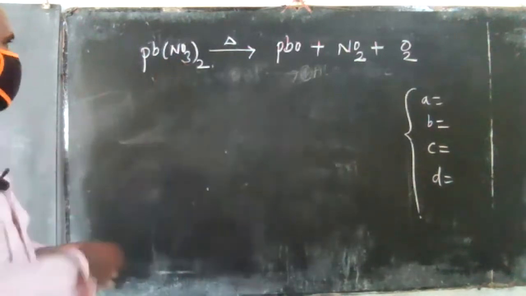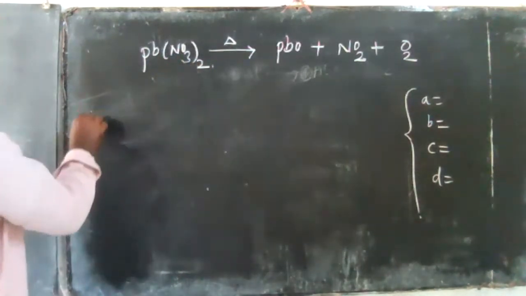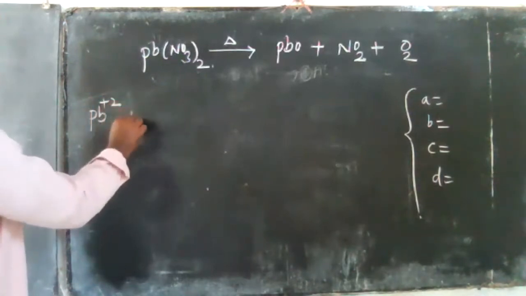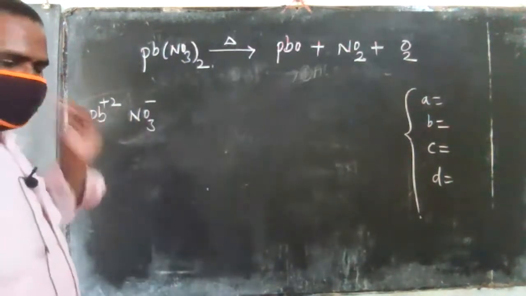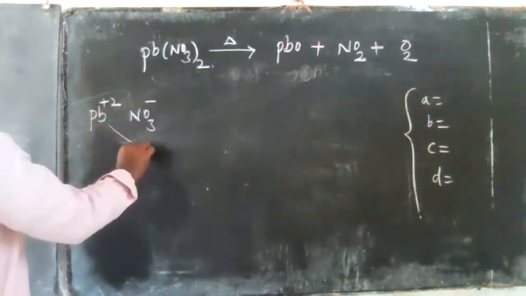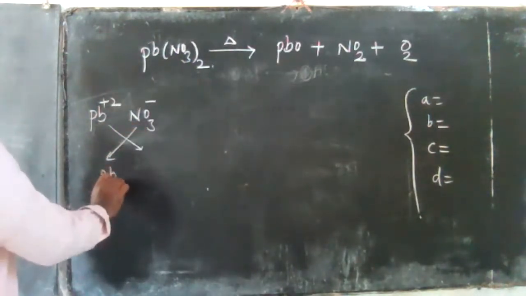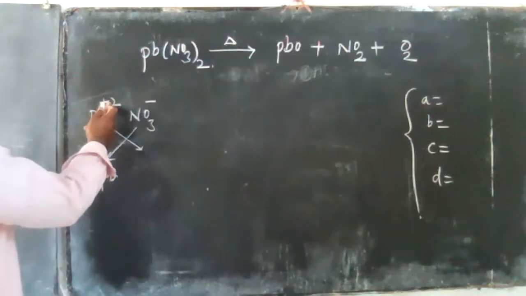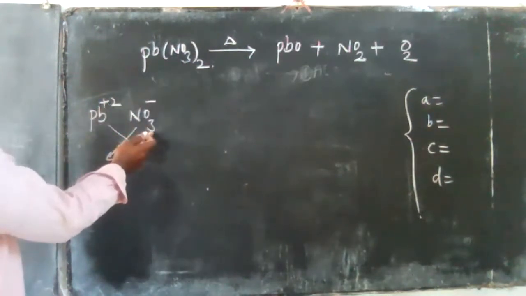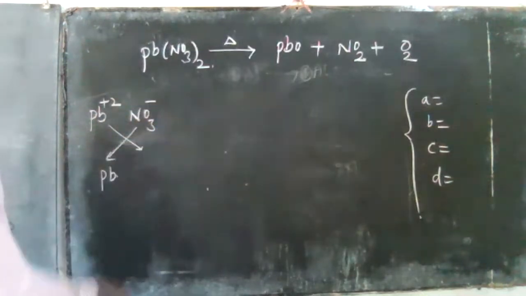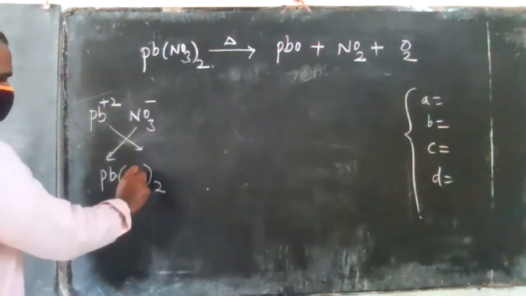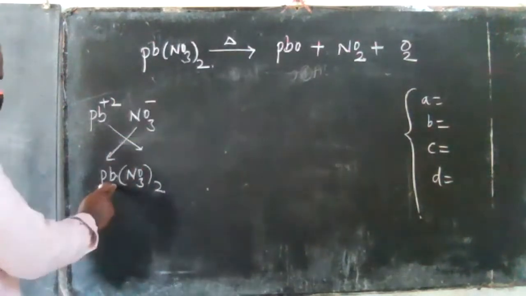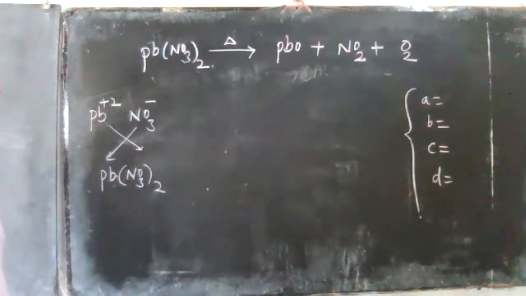So this nitrate means how can you write down the lead nitrate? Pb plus 2, NO3 minus. This is the polyatomic ion, nitrate. Then use the crisscross method. This Pb plus 2, the charge comes to the bottom of the ion. The opposite negative charge comes to the opposite bottom as the subscript. Now the charge coming means in the bracket you write down the NO3. This minus 1 coming means no need. So this is the lead nitrate.